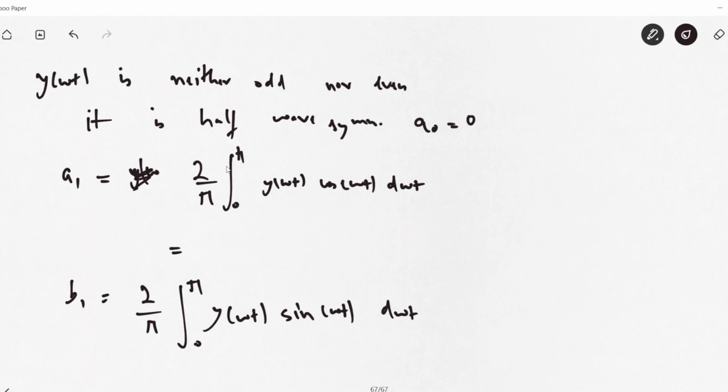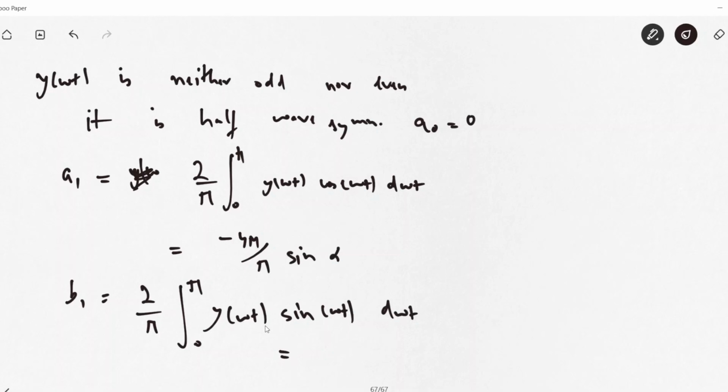So for a1, from 0 to alpha, it will have the value minus m. From alpha to pi it will have the value plus m. So you have to substitute those two. You have to find out this integral. You will see this will be equal to minus 4m by pi sine of alpha,